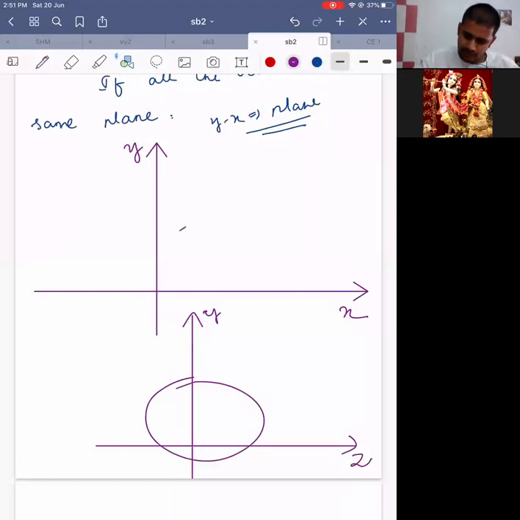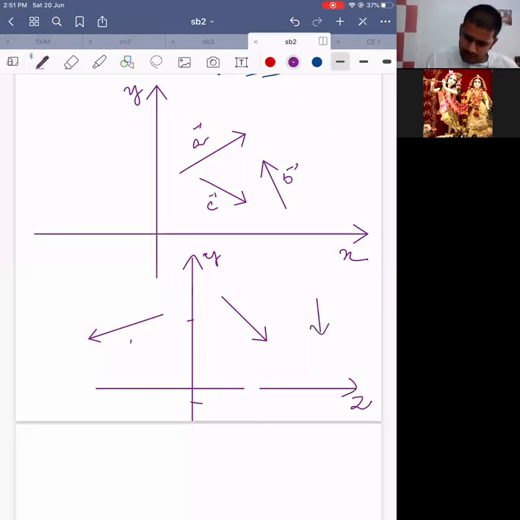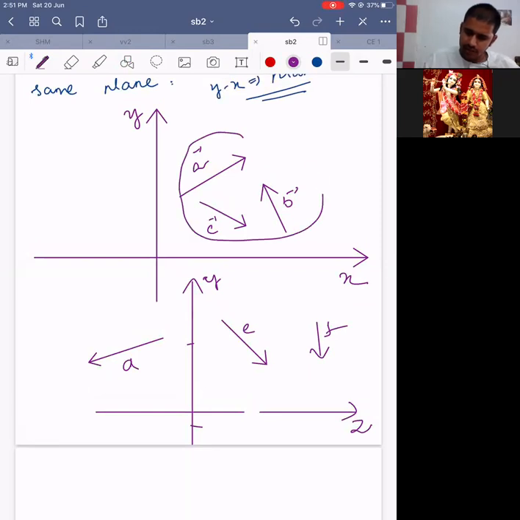Say the vectors named A, B, and C, and here, in the other plane, there are different vectors: C, D, E, F. Now, our question is, these three vectors A, B, C come under the same plane